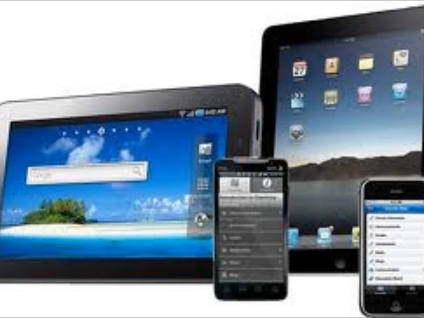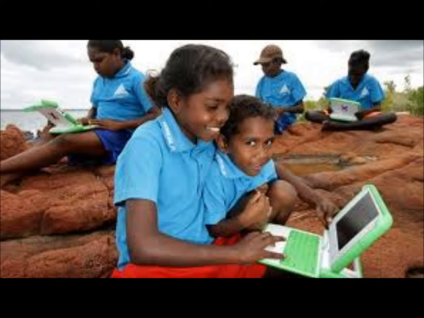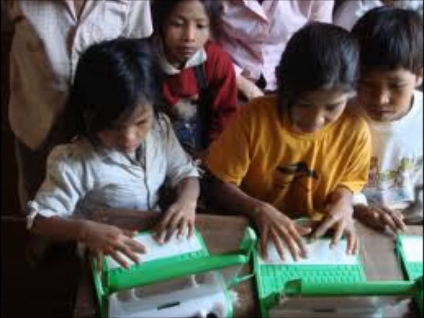The rhymes of history force demonstrates how societal patterns from the past are often reinvented through technology to meet current needs. This force is illustrative of McLuhan's third quadrant of his technology tetrad, specifically the rekindling of something from the distant past. According to Thornburg, a new technology is an emergence from the impact of another technology from many years before. Although the mobile device repeats one computer per child, this force does not necessarily help explain why the desktop and the mobile device originally emerged as a new technology,